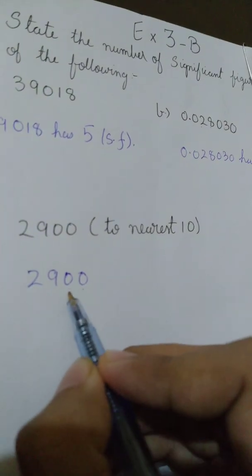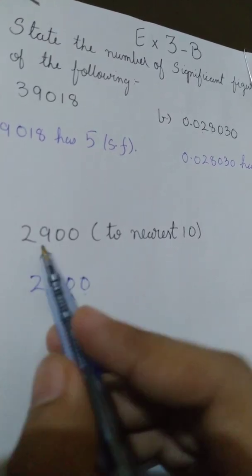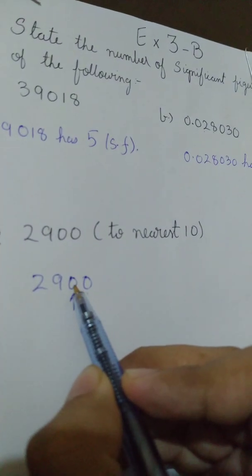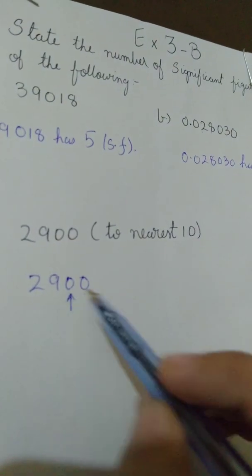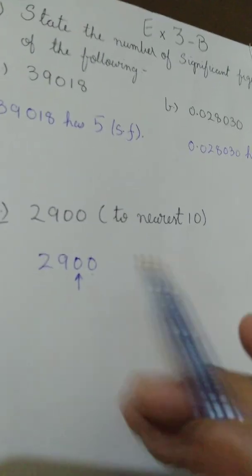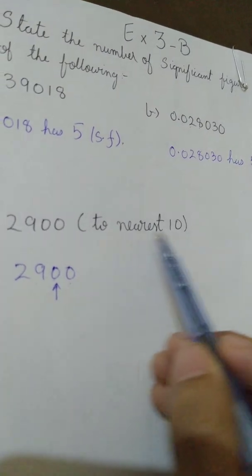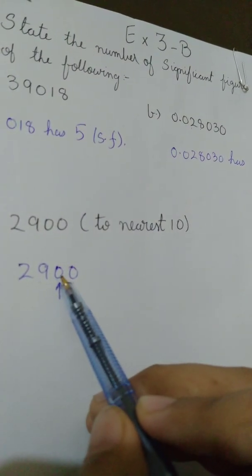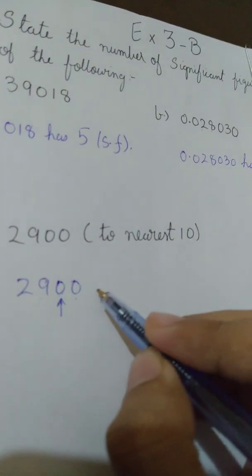This place is very important for us because this is the place to which this number is rounded off. So this 0 place is very significant for us, so this 0 will also be considered in the significant figures. So 2, 9 and this 0, because the number is rounded off to the nearest 10, so this 0 place will also be considered important for us. So 2900 will have